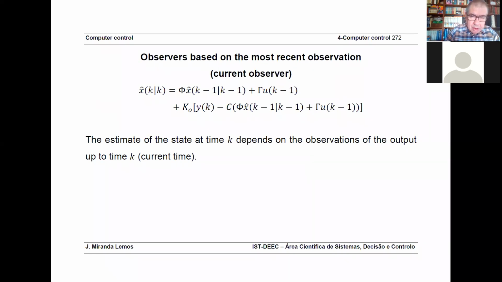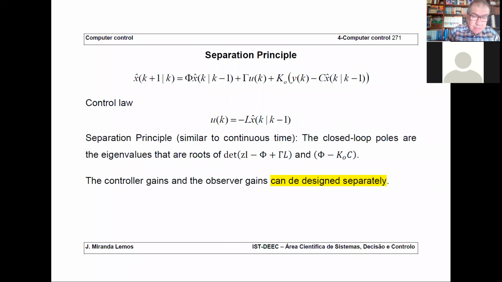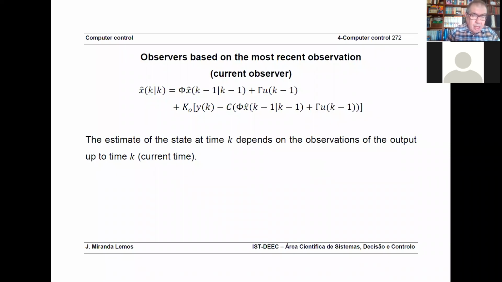Maybe you can do a little bit better. Okay, so by using the predictive observer, you have this nice property because you can design and impose stability, and you can design separately both things, the controller and the state estimator. But maybe you can do a little bit better because you are making your state estimate rely not on the full data that you have observed. Suppose that your computer is very fast and the computation time to compute the state estimate from the observed data is negligible. Okay,